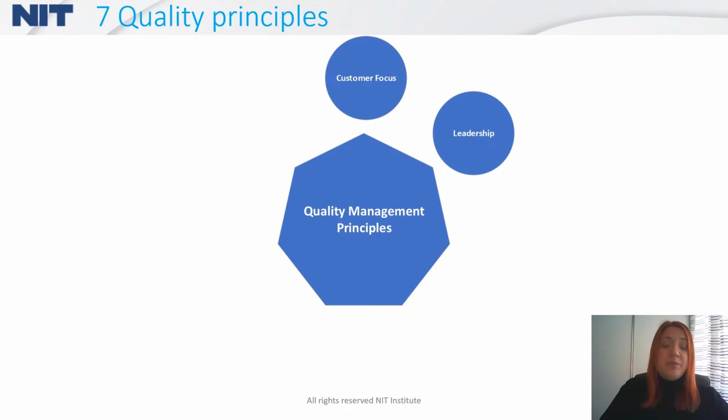Next, a very important principle is leadership. This second principle states that leadership must be provided at all levels of an organization. It means that everyone involved with running or managing a company needs to have clear goals and objectives and to be able to communicate efficiently with others.